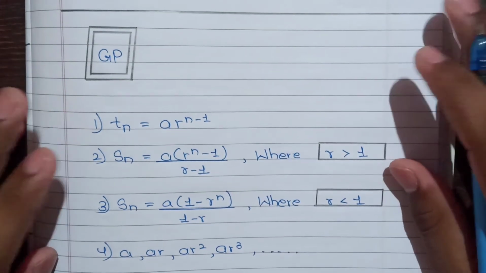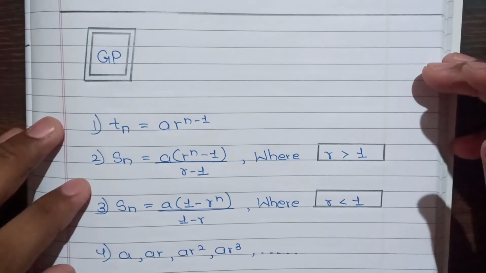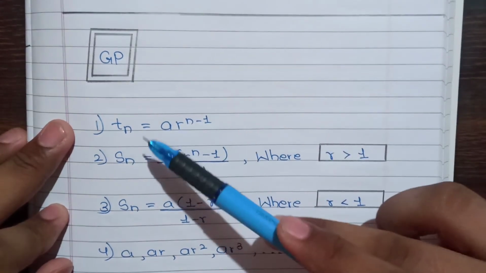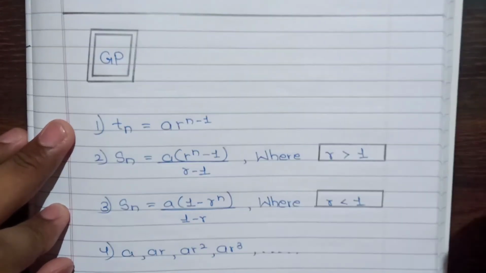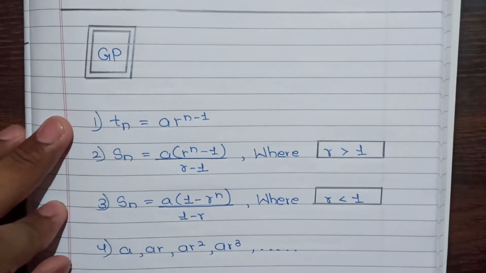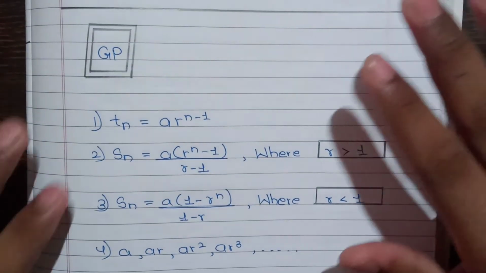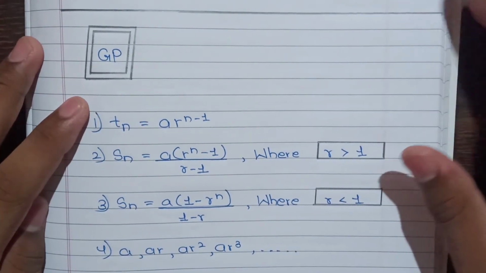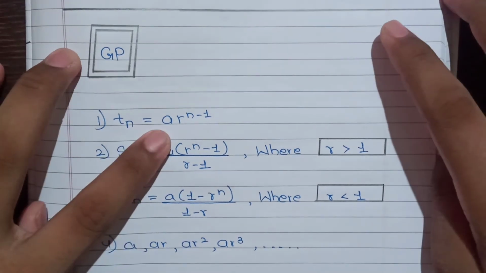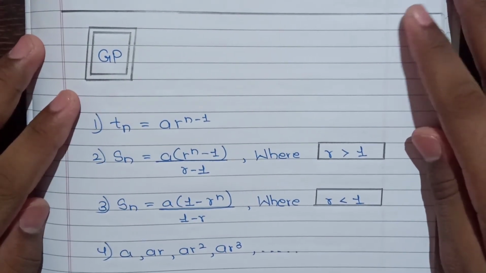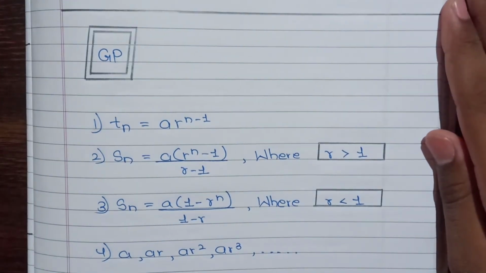So now let us see a few formulas of geometric progression. It starts with the same, but the formulas are kind of different. We'll not call them difficult. They are different. So the first formula is Tn. Tn equals a r raised to n minus 1. As we know, a is the first term, r is the common ratio, n is the number of terms, and minus 1.